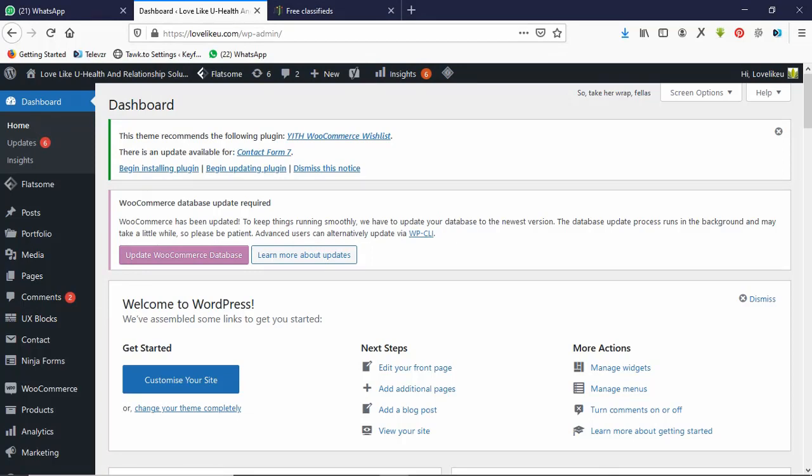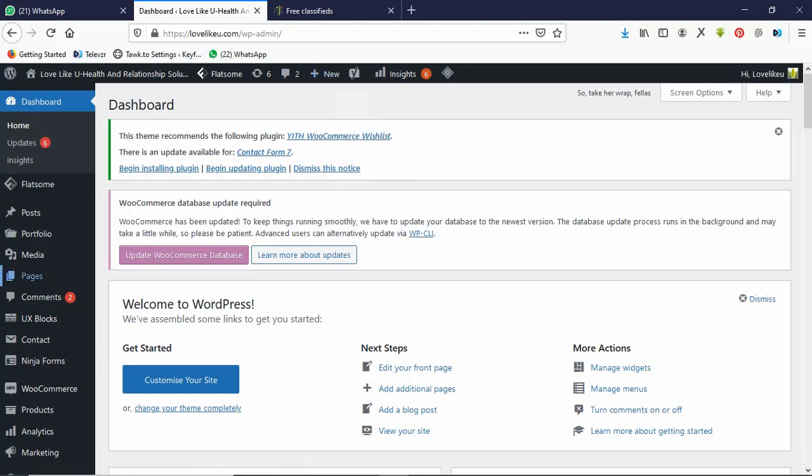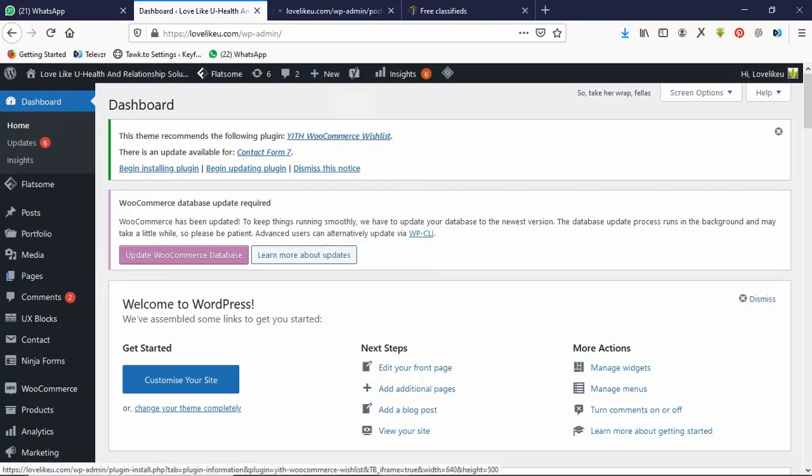So this is my WordPress hosting. By watching this, I believe you should now know what WordPress is, what hosting is, what a domain name is. If you don't know, just get in touch with me, as I said. So this is your WordPress dashboard, and you want to create a page, a landing page. You go here, you can see page at the top, or you go to pages and click on add new. So I usually go here and click on page, open in a new tab, so that if I want to do something here